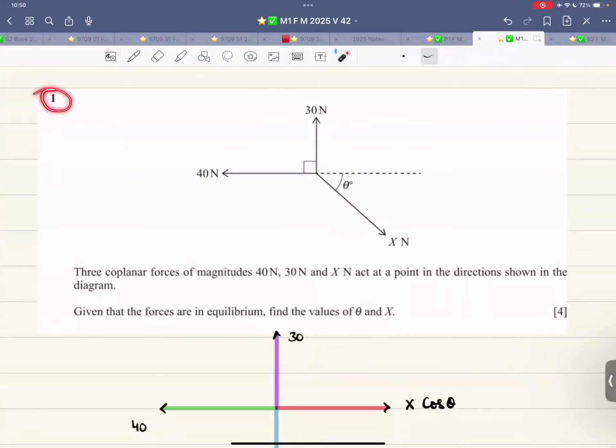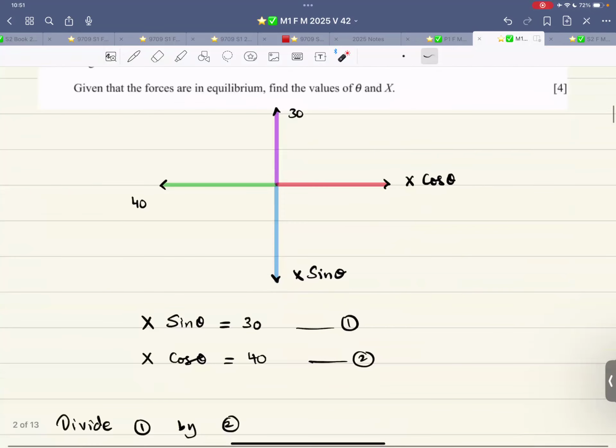The first question, there are some forces drawn. Three coplanar forces of magnitude 40, 30, and x act at a point in the directions shown in the diagram. Given that the forces are in equilibrium, find the value of theta and x. So this is a vertical force, this is a horizontal force, this is inclined at an angle theta. Resolve horizontally,